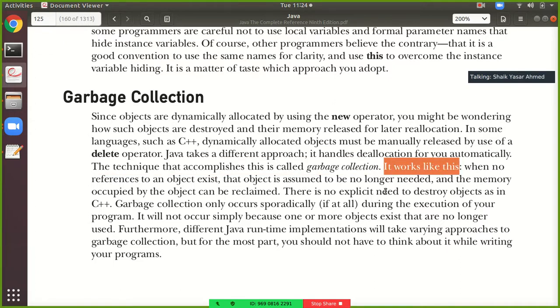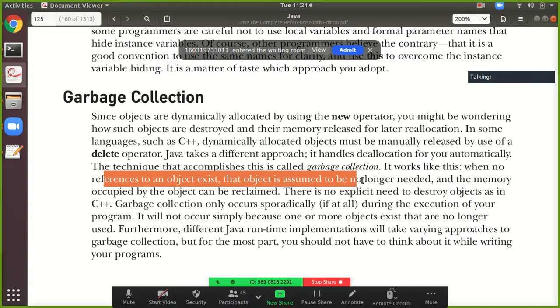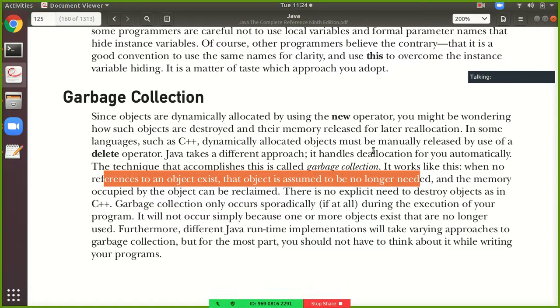When no reference to an object exists, that object is assumed to be no longer needed. The garbage collector keeps on checking the memory. If it finds objects which are not used, it understands that the purpose of the object is finished, so it will remove that object from the memory.